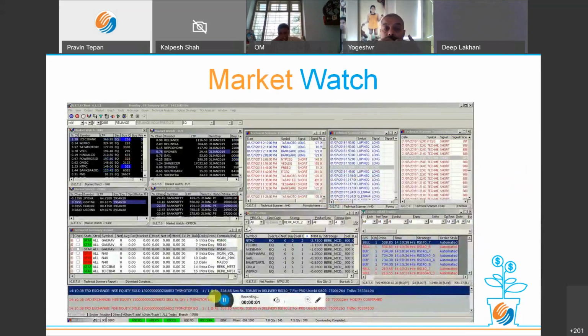Just to give you a brief, this is how our market watch looks like. So it is more or less same as standard as different vendors in the market. You get Alt F6 for net position, F8 for trades, F3 for pending, Alt F1 and F2 as your manual orders. So buy and sell.